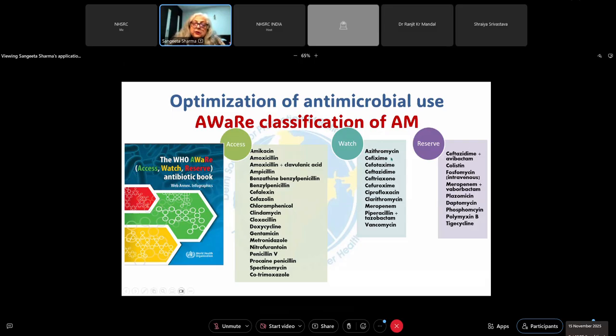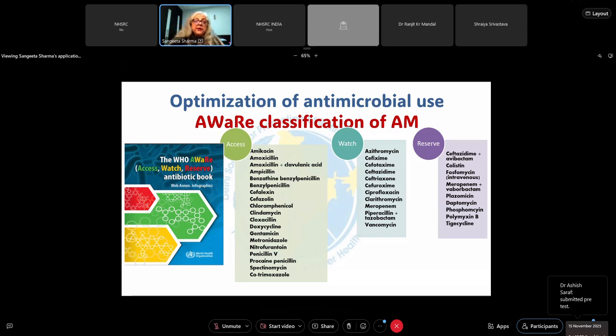people used azithromycin, whereas doxycycline could have worked for this patient. Especially whenever you are in doubt, just in case you are prescribing, it is always advisable that you use an antibiotic from the Access group but not from the Watch group. I think it is very easy to practice, and it will help in slowing down the development of resistance.